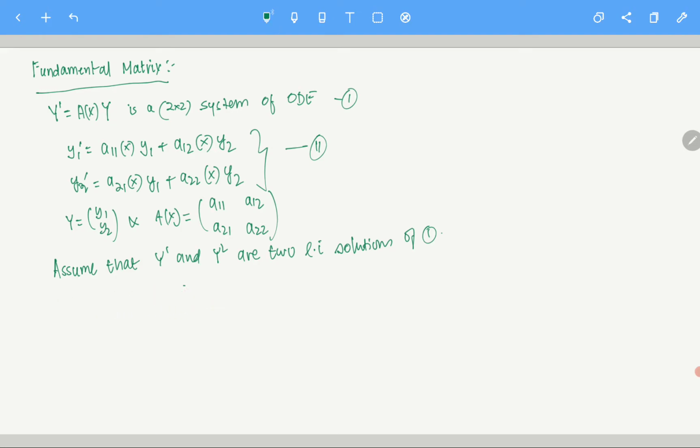As I told you, there are two linearly independent solutions, though the linearly independent set of solutions can be different. But what I'm trying to say is, if you want to write any possible solution, let's say the general solution,